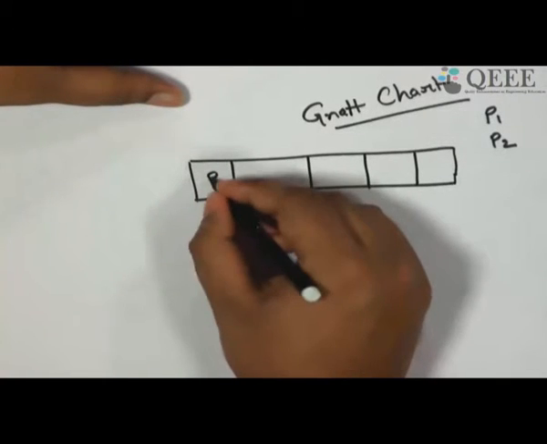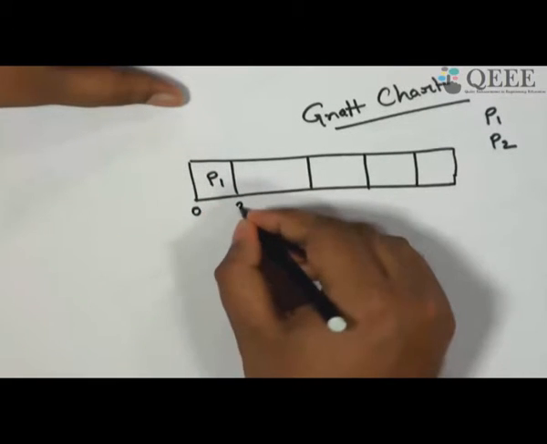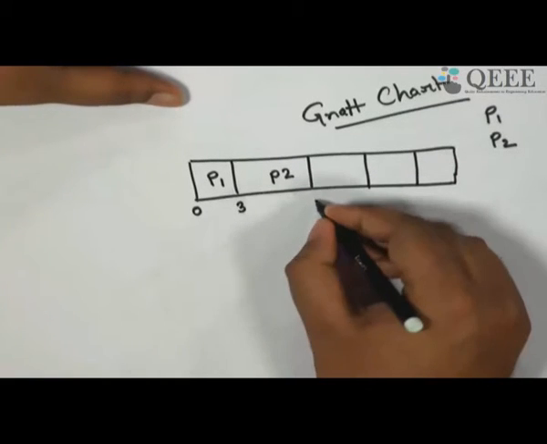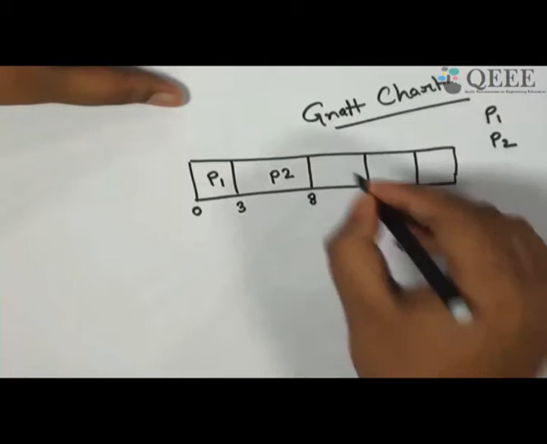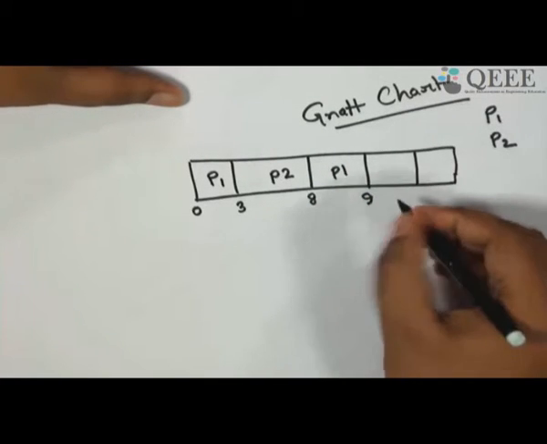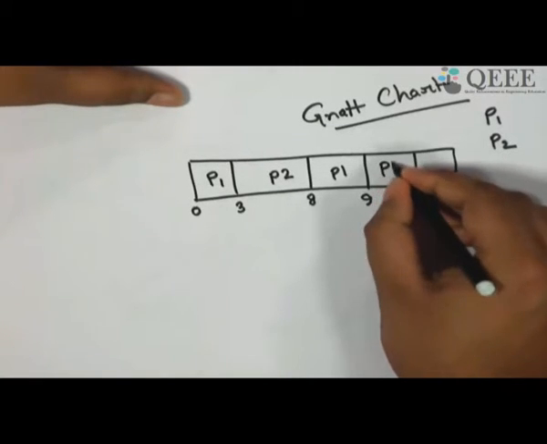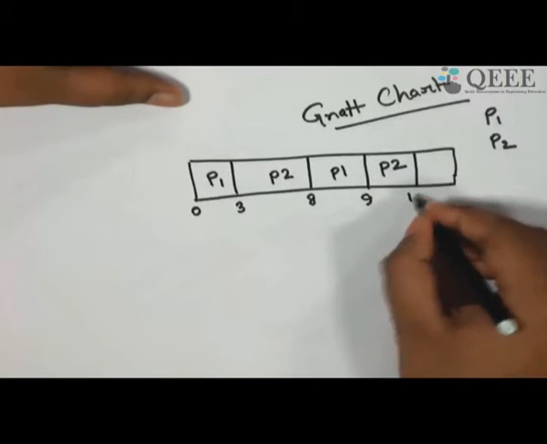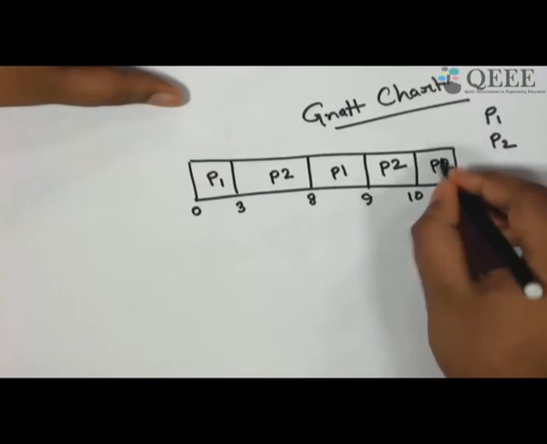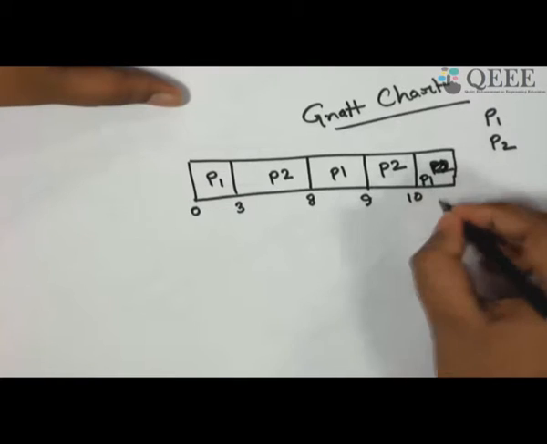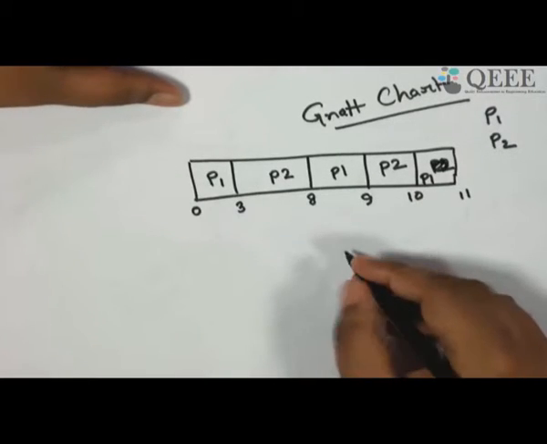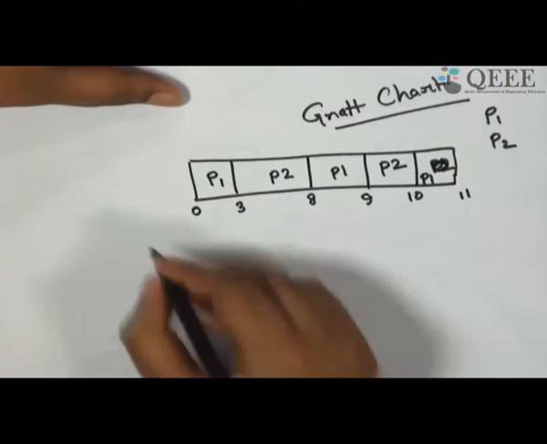P1 is executed for 3 seconds, then P2 is executed from 3 seconds to 8 seconds, then again P1 is executed from 8 seconds to 9 seconds, then P2 from 9 seconds to 10 seconds, then P1 from 10 seconds to 11 seconds. Now if you look at the parameters, the first parameter was the